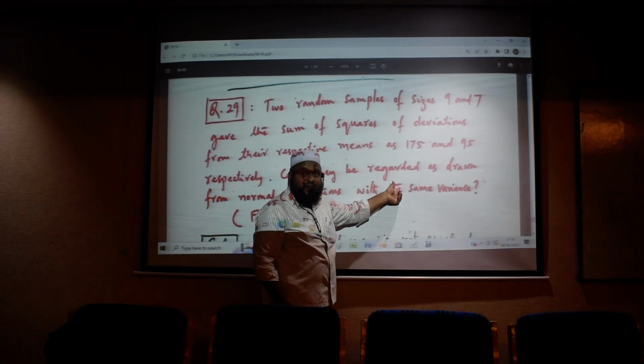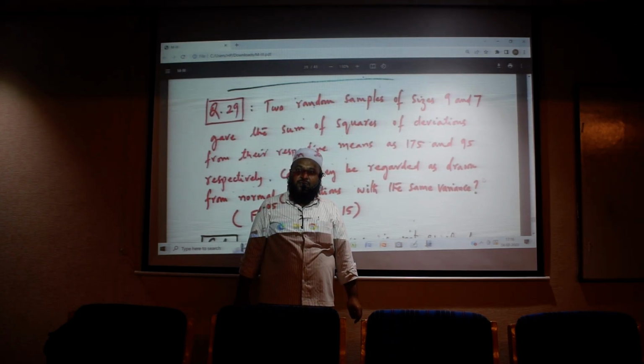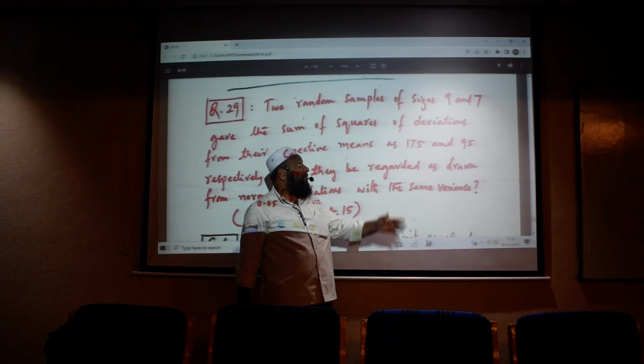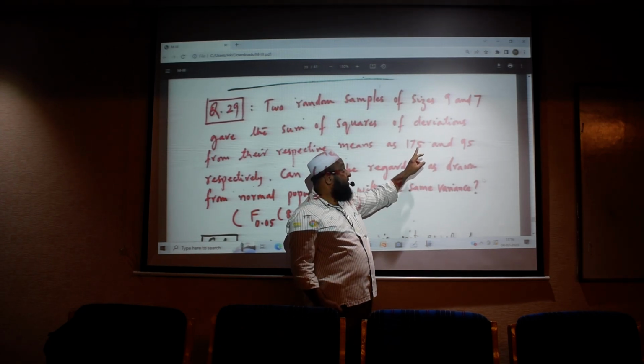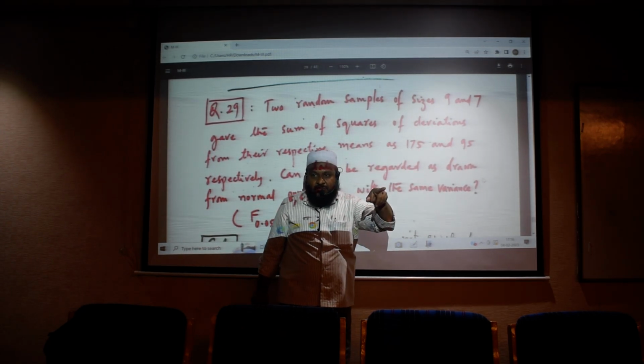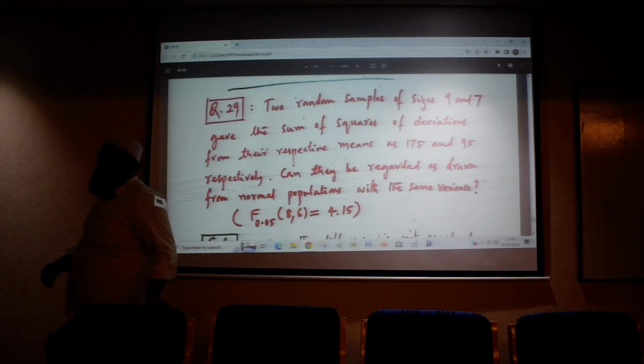And this denominator n, if you take it to the left, what happens? n s square is equal to sigma x minus x bar square. So what is sigma x minus x bar square? 175. That is the value of n s square for the first sample. I hope you have understood. Right. Next,